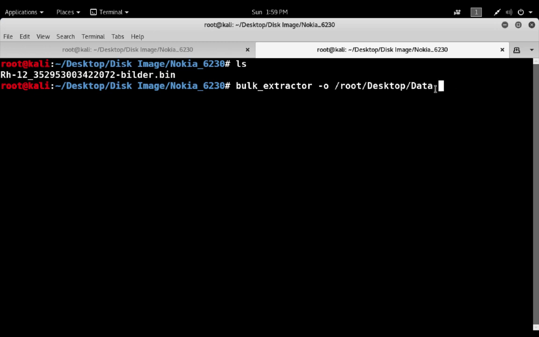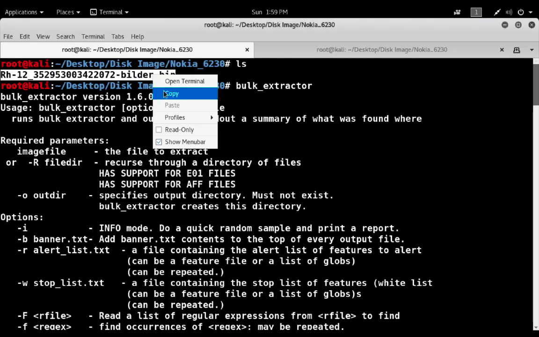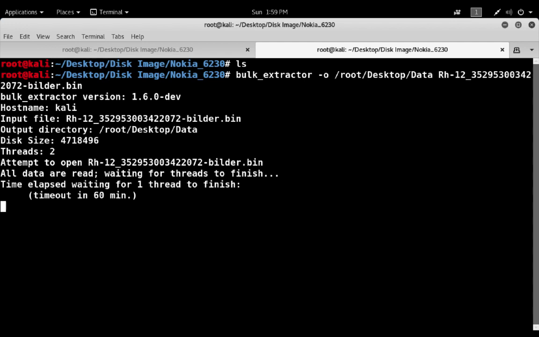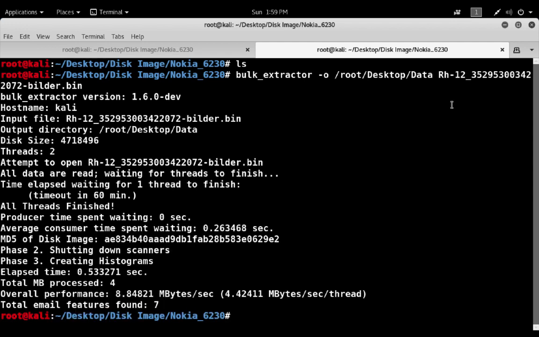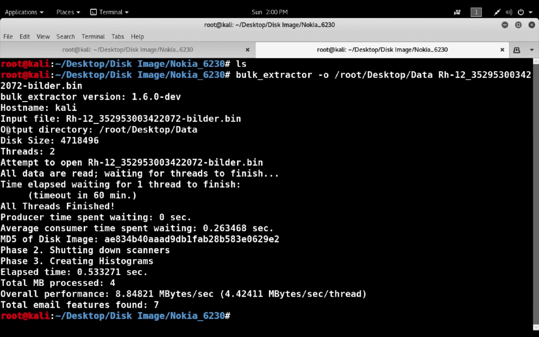and here you have to give the name of the image file. It's pretty long, so I'm just going to copy our main dump file, give the name of that file and hit enter. You can see this is the bulk extractor version we are using. The host is Kali. This is the input file we are using, and this is the output directory, as we already mentioned here.